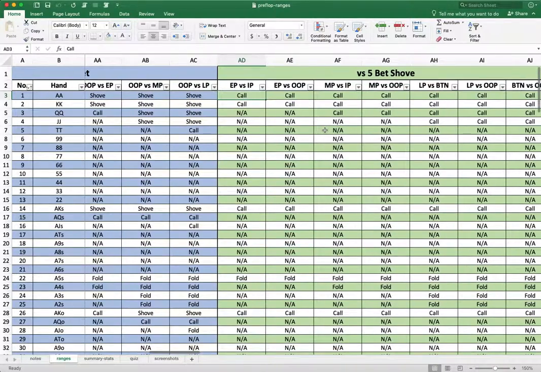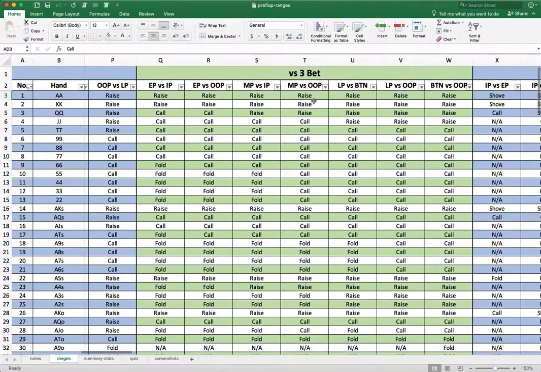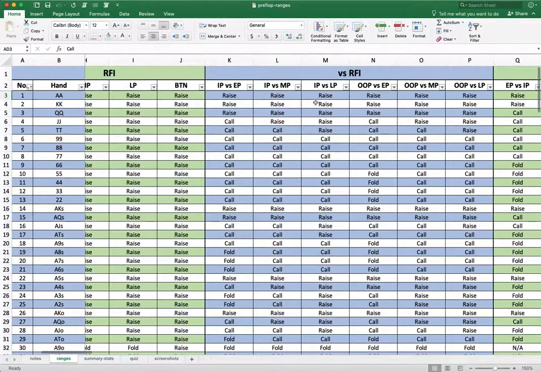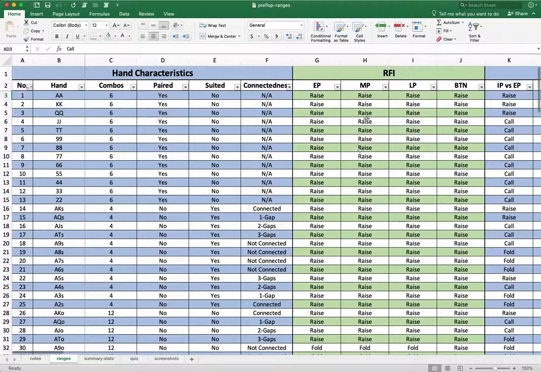So, I have these spots, and I haven't finalized what my ranges actually are, so it's really not that important to look at the details of what these components are, but I think what's important is now I'm showing every single scenario that I could be in with all of my hands. I put this together, and what I think this actually does for me is 2 things. Well, one,